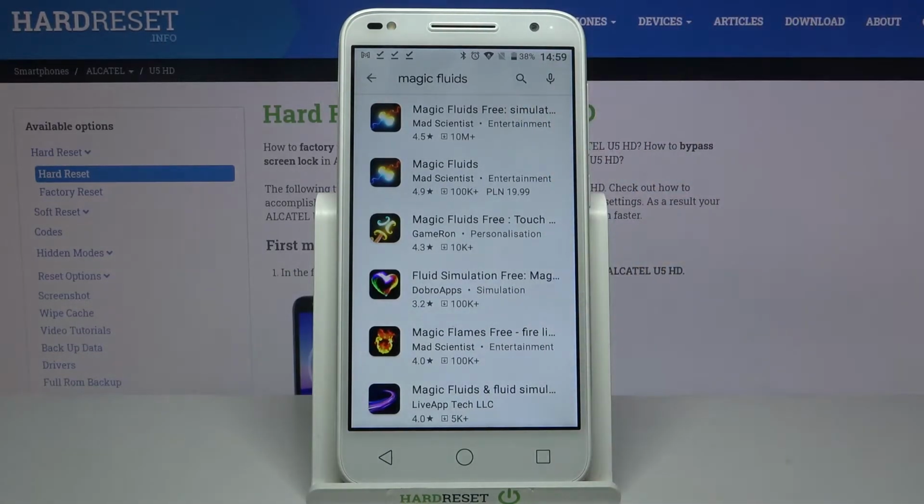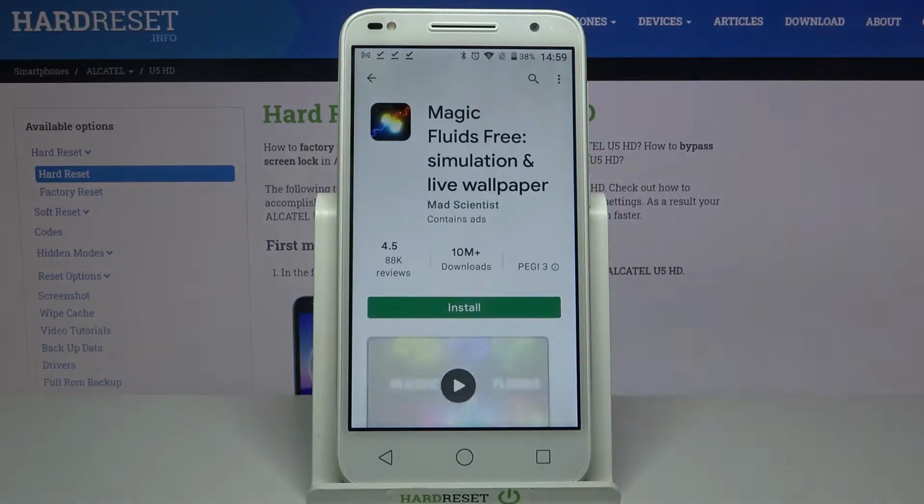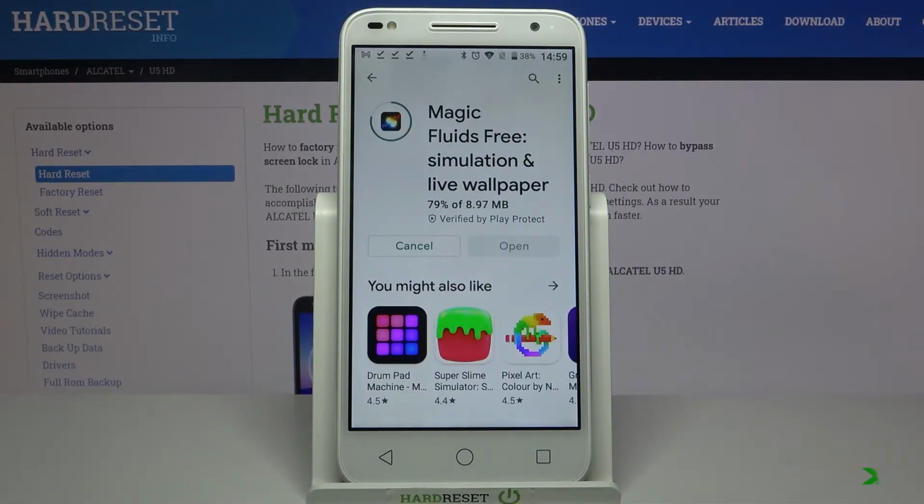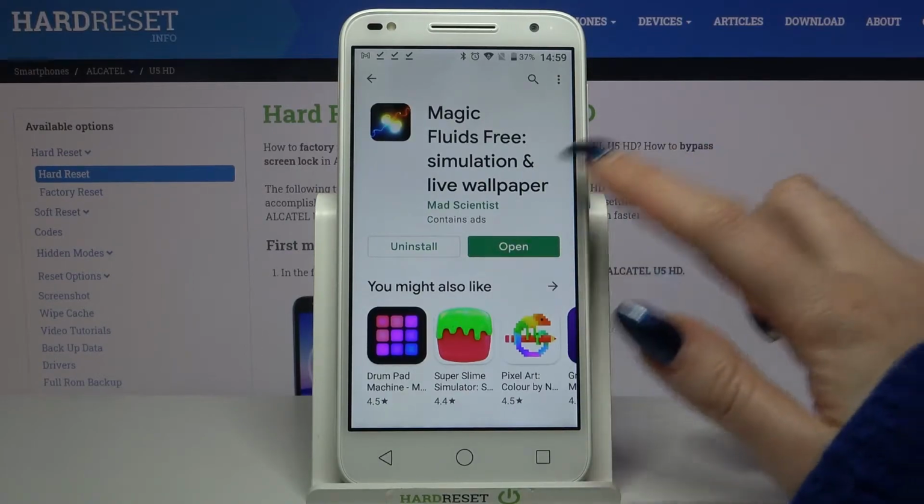Then download this app from this developer. Now open it